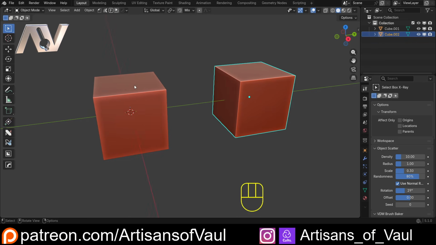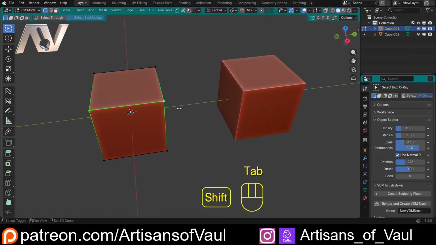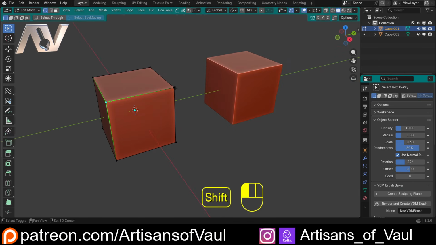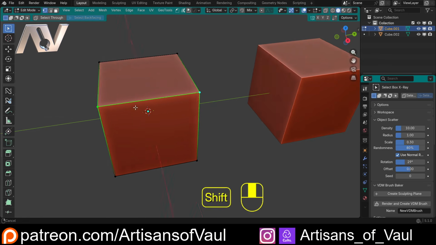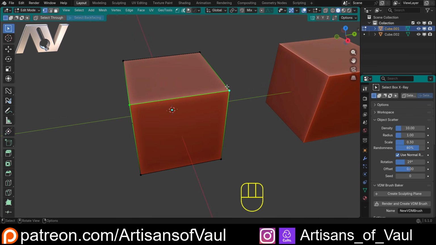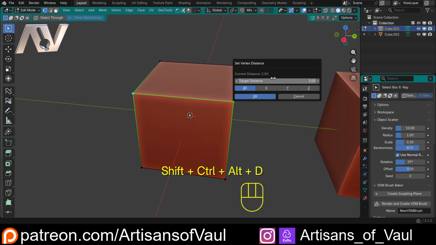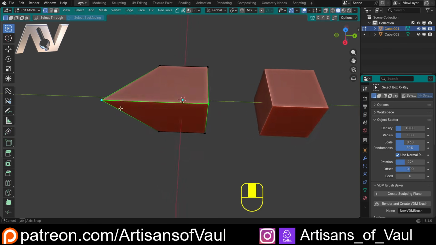So, similarities and differences. We'll start with set vertex distance. The way this works is I click on one vertex, shift click on the next as we showed earlier, and then it will use the first selected vertex. In fact, let's do that the other way around. So click there and then shift click there. That first one is the origin point, basically saying we're going to do distance from there. Control Shift Alt and D, and then it's got our current distance, set our target distance. We could put that as 4,